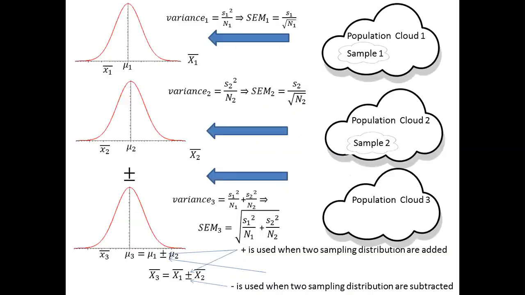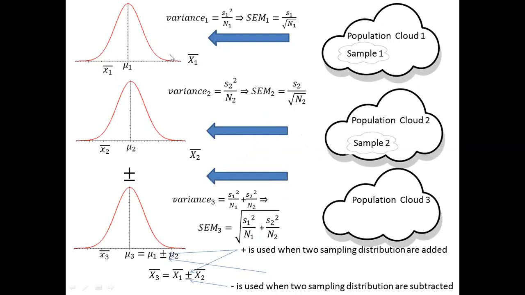Now what we are doing is this, that we have some population cloud 1. We took a sample from it and we named it as sample 1. This is just a random sample, and this sample 1 is basically indicated over here on this sampling distribution of mean for this population. This is the mean of this random sample 1, right?